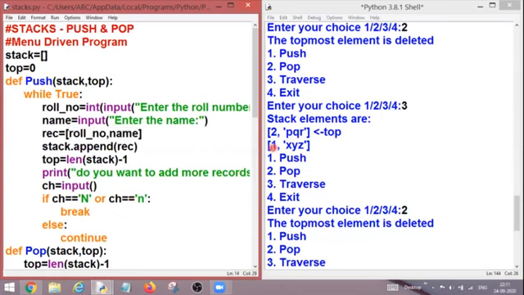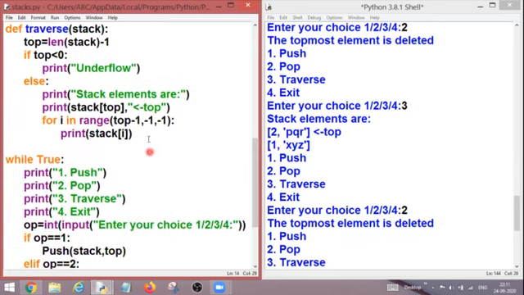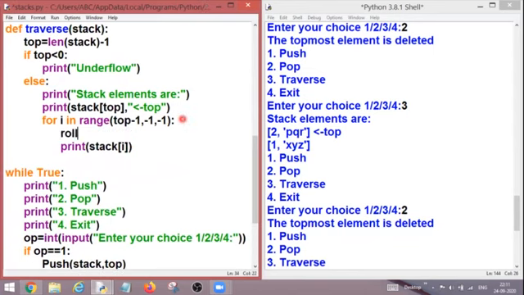And if I want to represent this record in a simple format, what can I do for the same? I can come over here and I can write roll number comma name is equal to stack of I. That means stack of I values I am going to store in two different variables, and then I'll be printing those two different variables in this way.